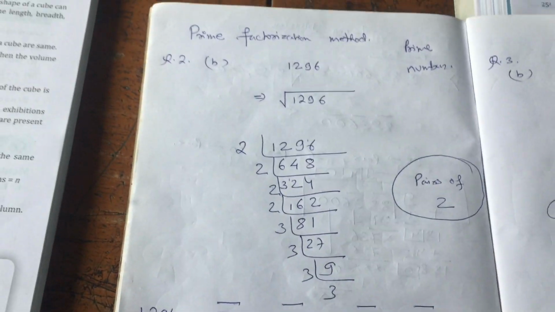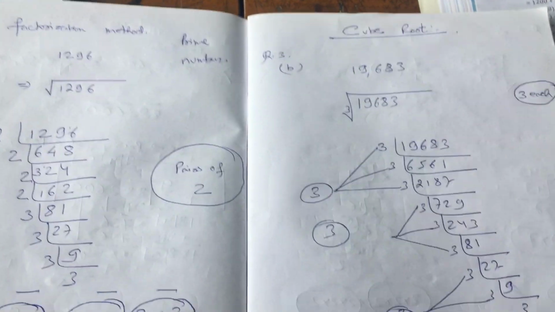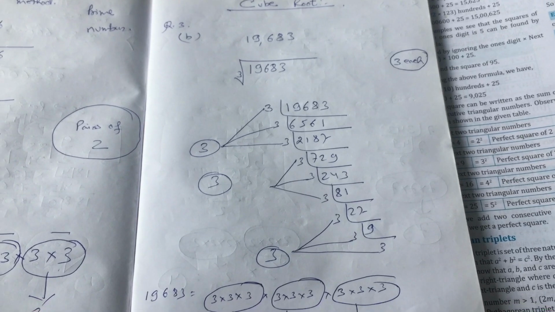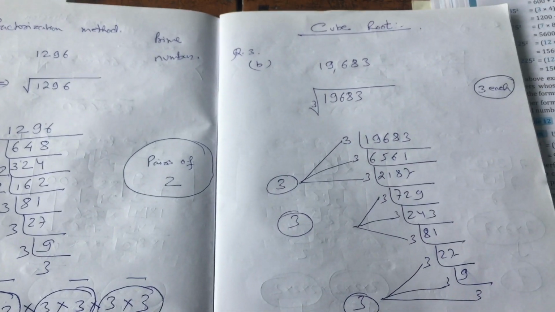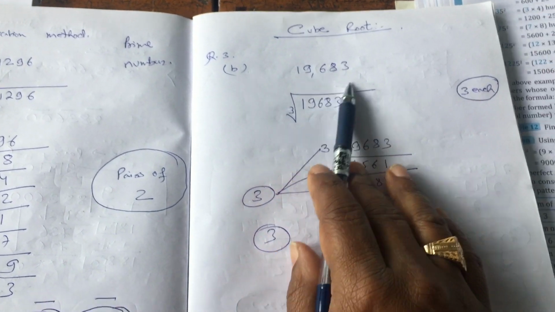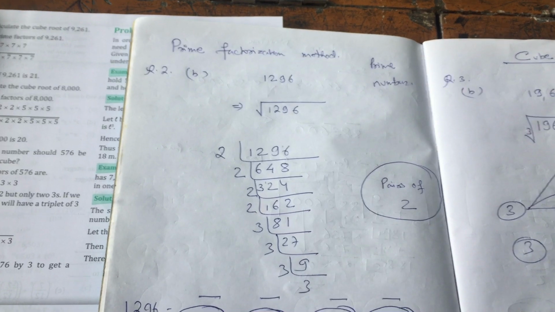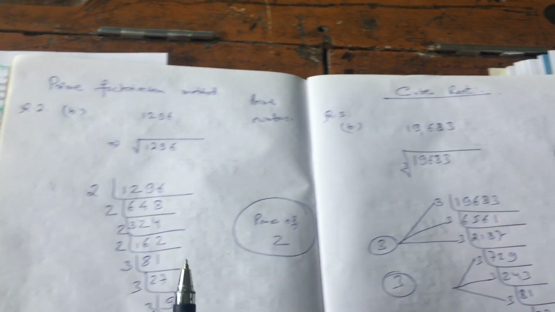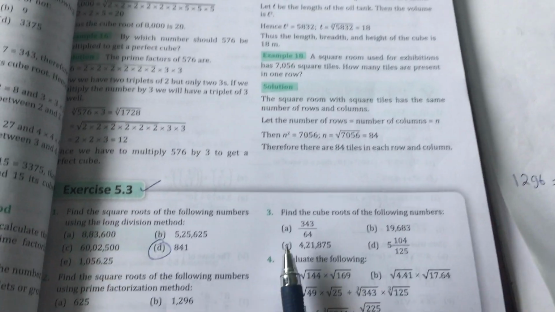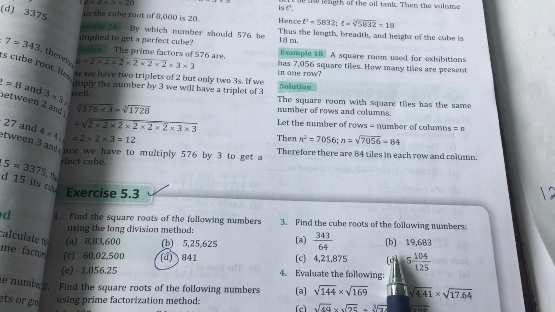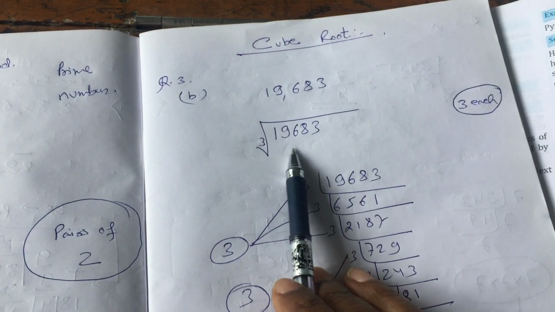However, for class 7 specially, this is class 8, it will be very essential for you also. But however, we will be doing it in a new video in the next class. But for class 7 specially, you have been asked to find out the cube root. The system is absolutely the same as you did it for square root. One of the questions from your book is given here to find out the cube root. Question number 3b, 19683. As you can see, I have already solved 19683.